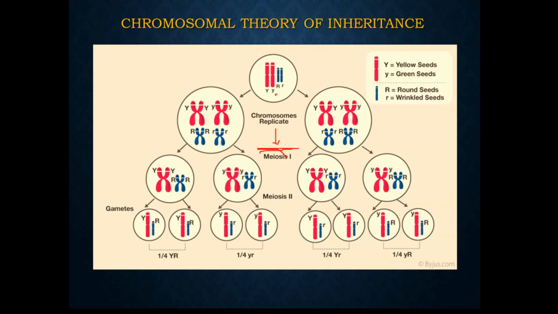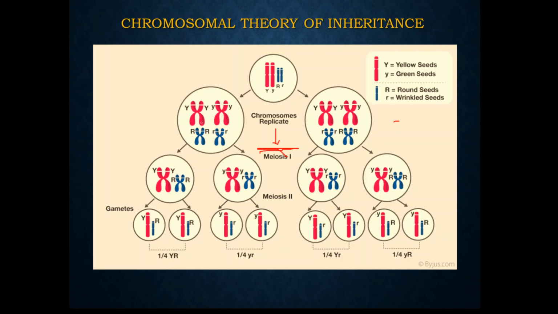So the behavior of gametes, the behavior of genes, and the behavior of chromosomes lie in a parallel direction. The genes also occur in pairs, they also segregate during gamete formation, and they are also transferred. So genes are working along with the chromosomes. That is what they had to say: as the chromosome replicates, the genes are also doubled, and these chromosomes segregate and form individual units.